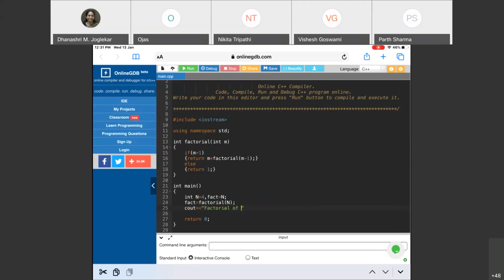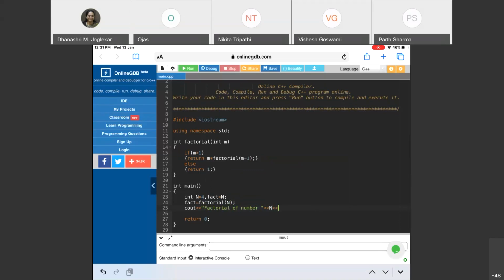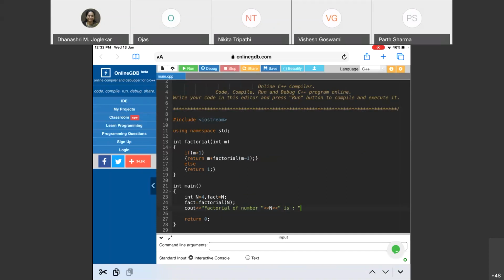Factorial of number 4, it will read like this. I'll be writing it as fact.